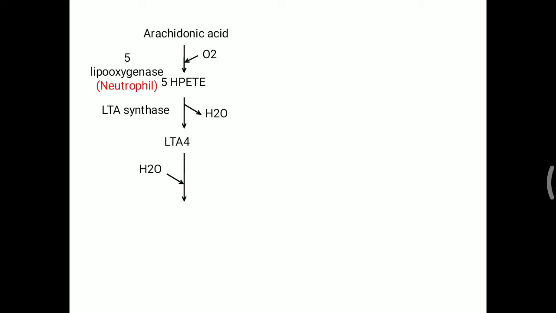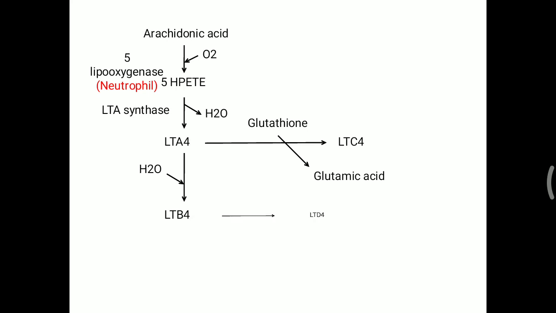Again this leukotriene A4 will be converted into leukotriene B4 with the addition of 1 water molecule. Now this LTA4 is also converted into leukotriene C4 with the help of a glutathione molecule. Glutathione is converted into glutamic acid, and simultaneously LTA4 is converted into LTC4. Further, this leukotriene C is converted into leukotriene D. Now, this D is also able to convert into leukotriene E by removing a glycine molecule. So that is exactly how different kinds of leukotrienes are produced in our body.